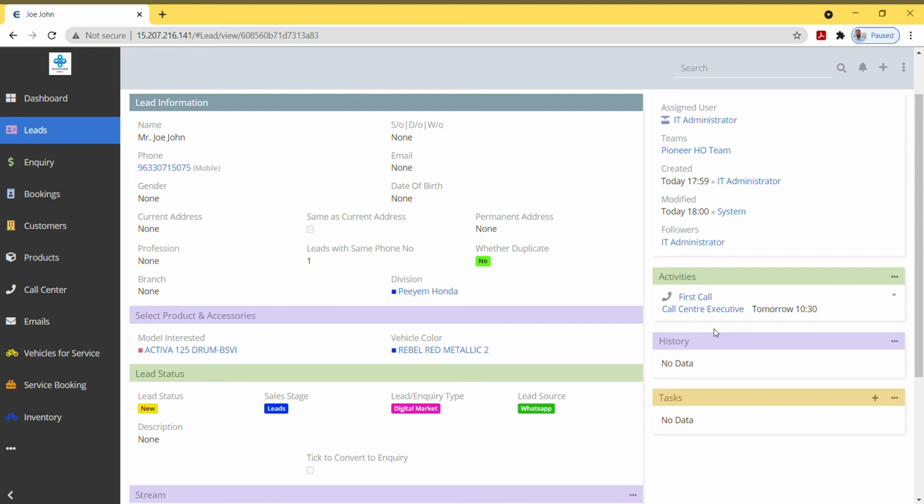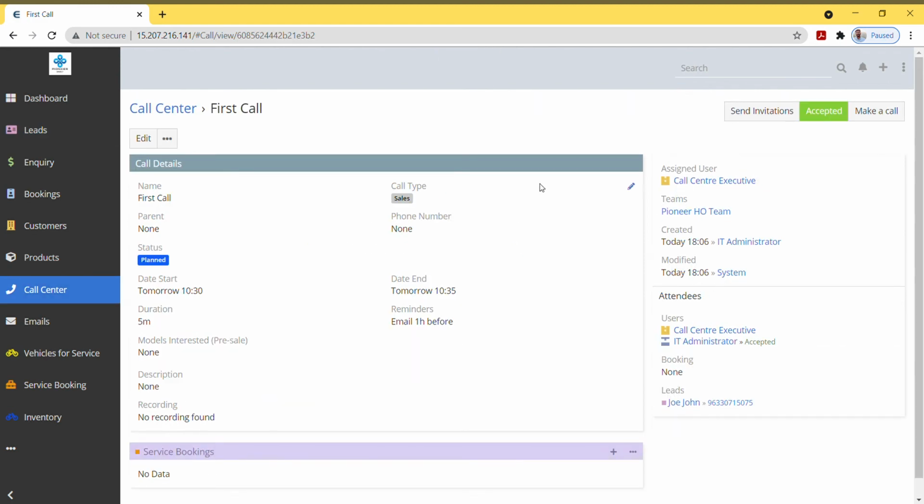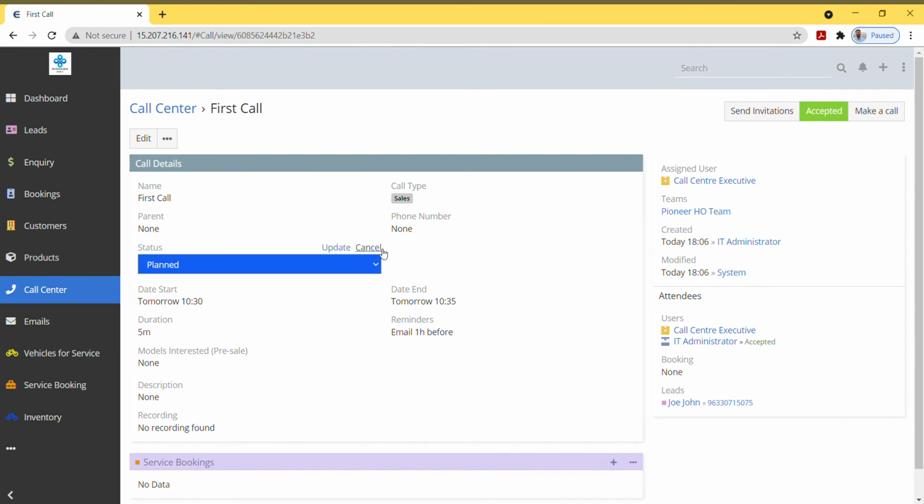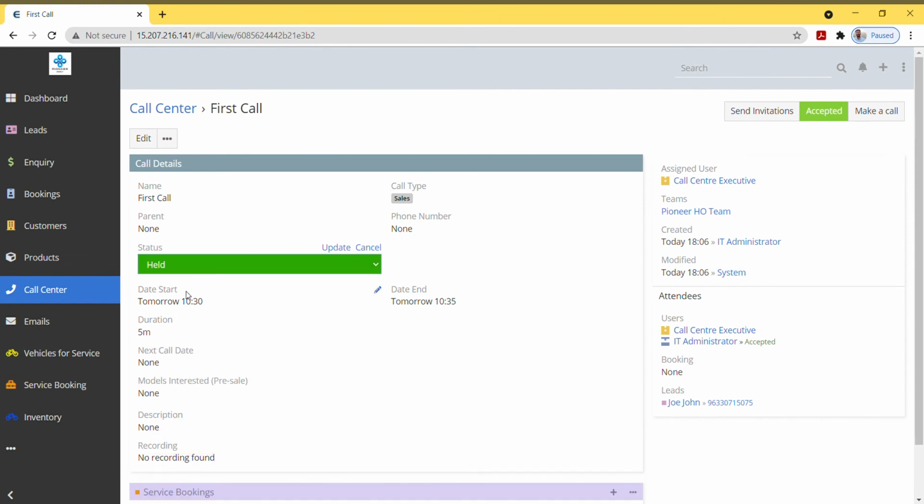There's another option while we consider that this call is already done. So you click on the call and you'll be led to a page detailing all the details of this call, and you can edit the status of this particular call. When the call is planned, it is written planned, and once we have held this call, we can go in and change the status of this call to held or not held. So I'm taking a held option. My call has been held, and I'm updating it.